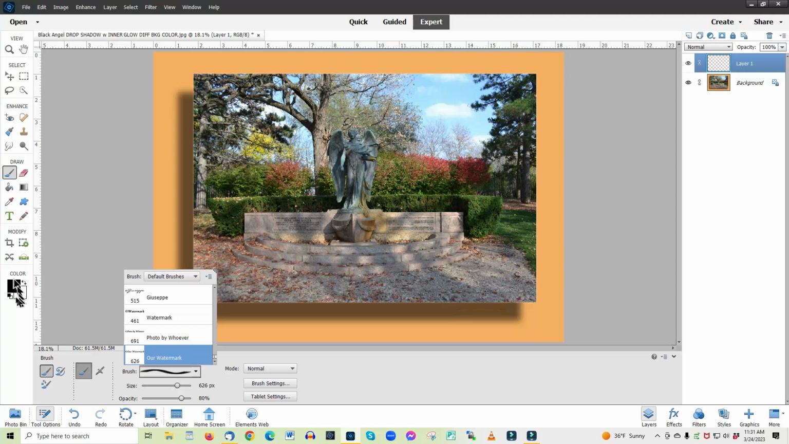The color boxes are set black on top of white, so that tells us that the watermark will be black. If we reverse that, the watermark would be white, or if we double click on the color box, bring up the color selection, we could choose even a different color. Right now we'll just do the black, put it right there on that orange,